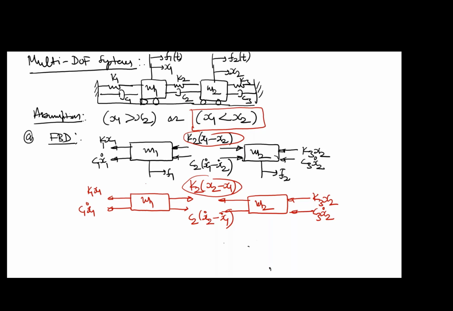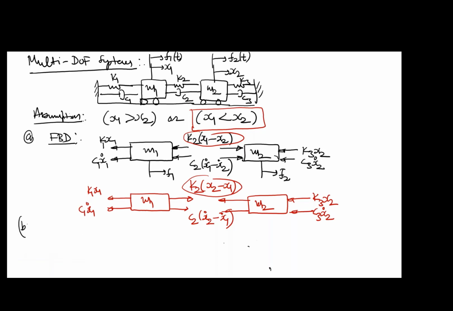Because the equation of motion is a property of the system, and this property does not depend upon any initial condition or any assumption. So whether you take x1 more than x2 or x1 less than x2, only the arrows and the values will change, but eventually the force applied by the spring and the equation of motion in both the cases will remain the same. So let's consider the first case back and try to derive the equation of motion of the first case. So I'll go back with the black pen.